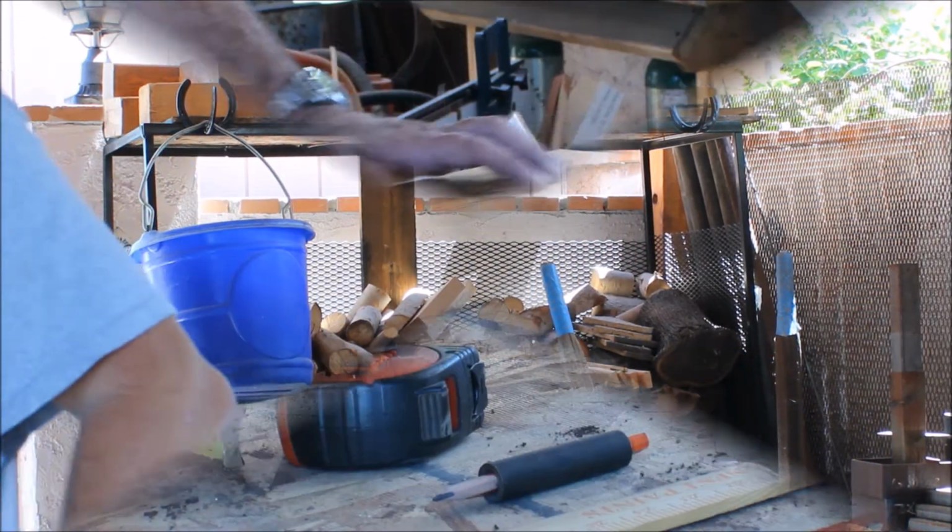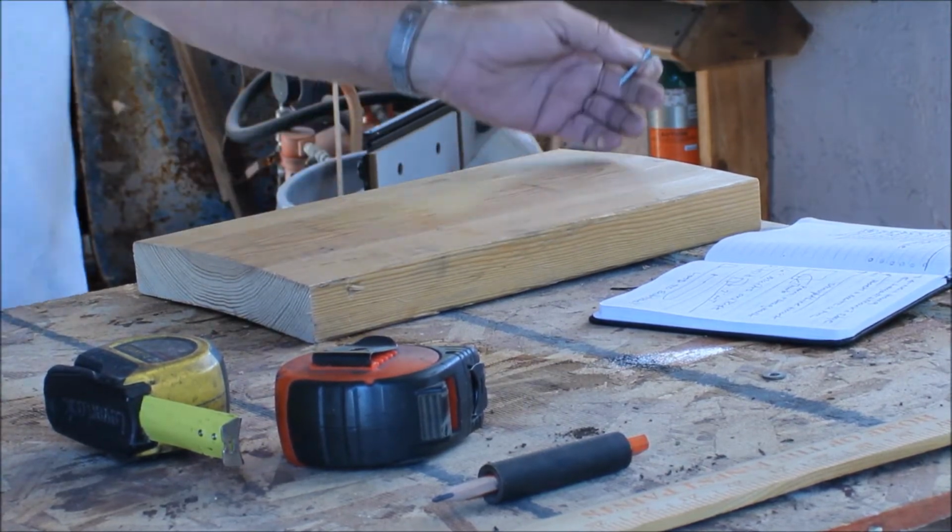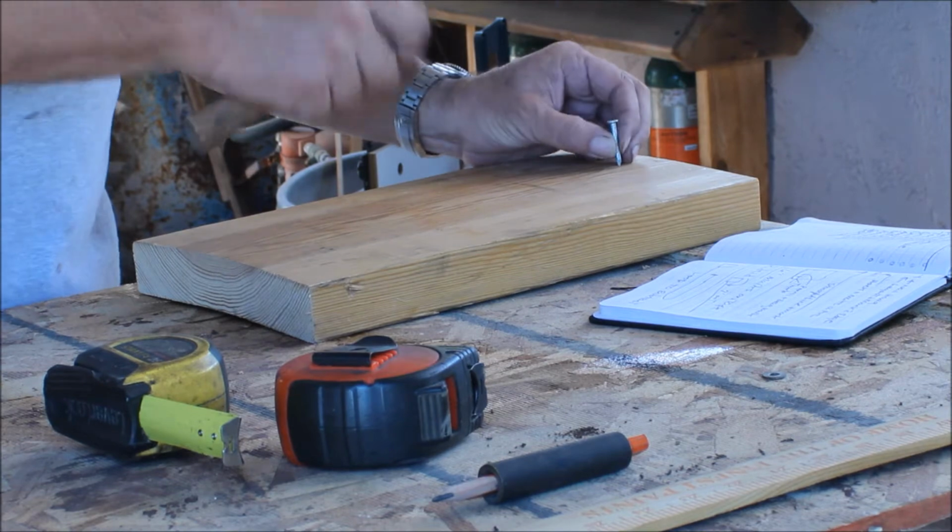Now, there's a trick that when I was building the patio that I did quite a bit, I used a nail, okay? And I'm going to pan down and show you in a minute. But if I was alone and I didn't have anybody to hold the tape measure for me, it's like, well, what are you going to do? So I'm going to pan down and show you a little trick. So say this board's real long right here, and I want to measure from here all the way down the board to the end. I can take a nail,